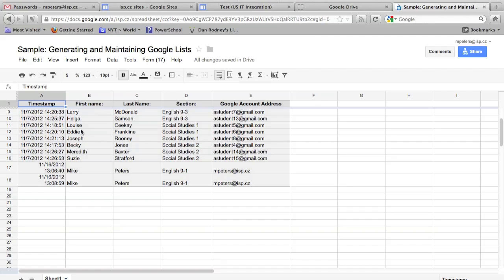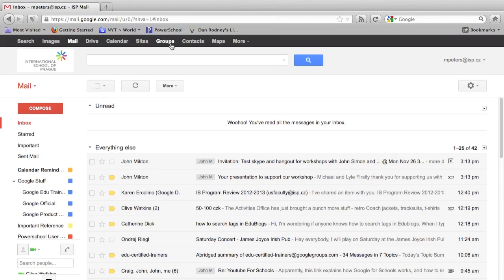So this is what the spreadsheet looks like with all the information being automatically dumped into this spreadsheet from the form. You'll notice there's a timestamp so that you get to see when all of the individuals put their information into the form, which is pretty handy for students especially. We've got our first name, last name section, and our Google account address, just like the previous form that we created. So once you have either students or parents or colleagues who have filled out this form, look how easy it is to work with the information. I'm just going to highlight and copy these Gmail addresses,